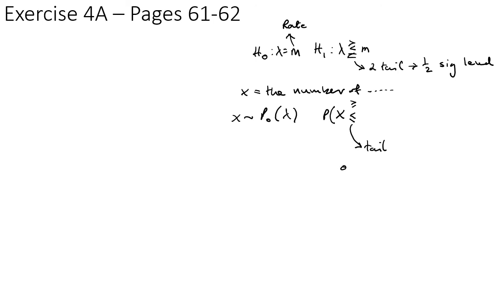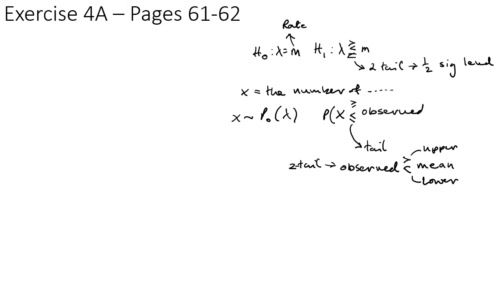And then if you're not sure if it's a two-tail, then compare what you've observed with the mean, and that will tell you whether you do an upper tail test or a lower tail. And then what goes here is going to be what you've observed in the question. They saw 3 people with this, they saw 17 people with flu, whatever that is. You calculate that probability, and whatever you get here, you're going to compare with the significance level,